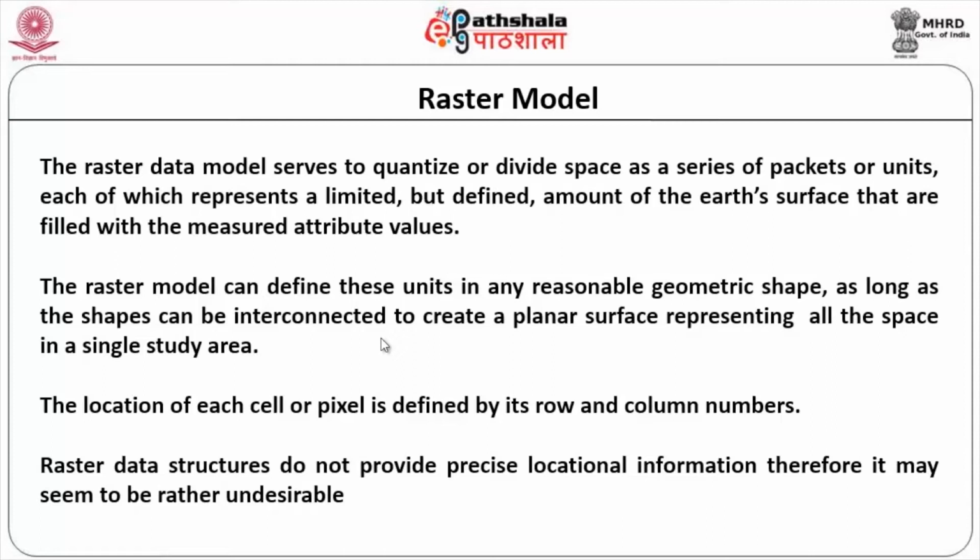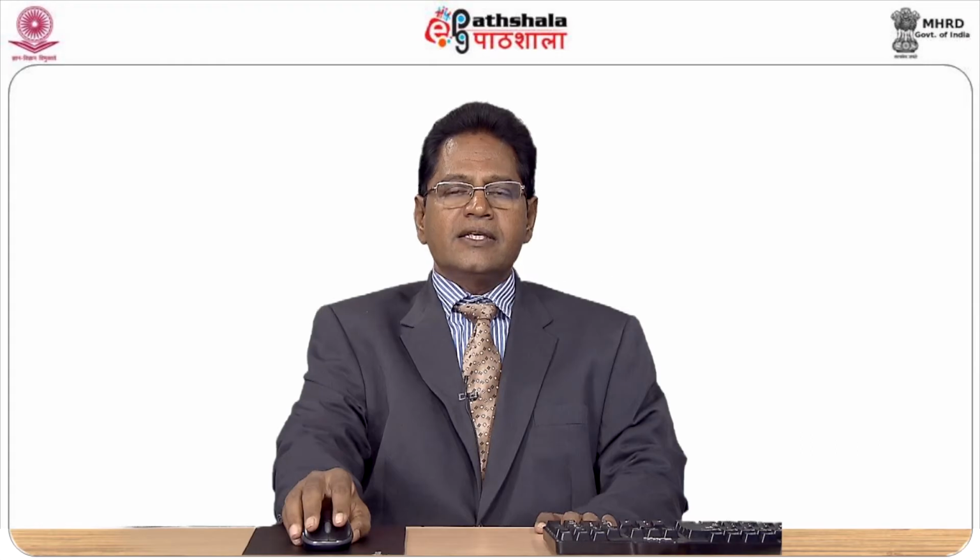And to locate oneself, as in the case of your vector data, we use the x and y location, that is your latitude, longitude or your easting and northing. But in the case of your raster data, it is the row and column. As I was telling you, raster data is more of an array of grid cells. So the location of each and every cell or pixel is defined by its row and column numbers. It does not give any precise locational information, because even a point will be an area. So that is the reason why we normally do not intend to get details about locational information, which will not be very precise as far as raster data is concerned.